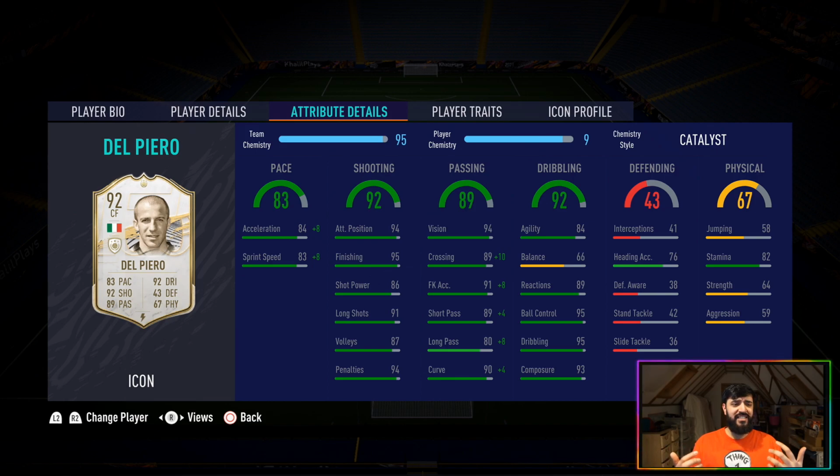In terms of the key stats, guys, the key pros of this card: 95 finishing, 94 attack positioning, 93 composure. He finishes the ball so well, and guys, you're going to see that in some of the clips. It's just sensational what he does with the ball. In every opportunity I gave him, he put on a good effort on target most of the time as well,